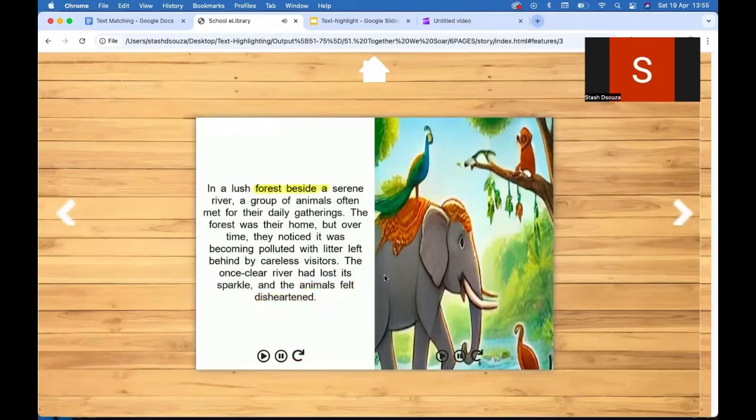In a lush forest beside a serene river, a group of animals often met for their daily gatherings. The forest was